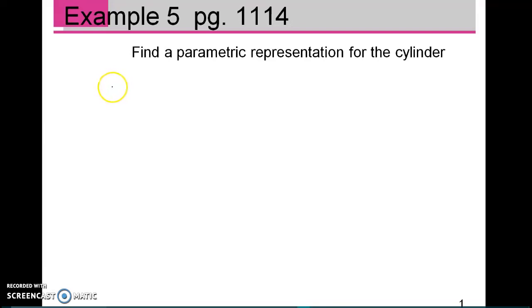In this video, I'm going to go over example 5 on page 1114. They're asking you to find a parametric representation for the cylinder x squared plus y squared equals 4, and z goes from 0